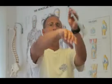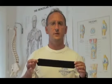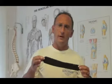The next thing we have seen on the film is that many of them put the tape from the elbow down to the wrist. This is good if you have a problem with the muscles. If you have overused muscles, it's good to use the taping that way, or if the fibers in the muscle are broken, then you need help to pull the muscle back. In a tennis elbow, we don't put it that way,